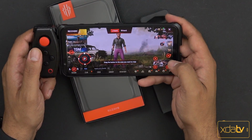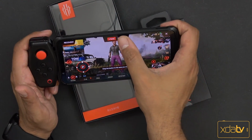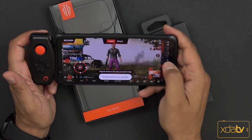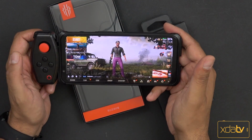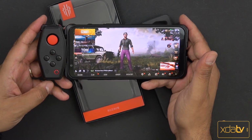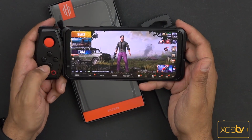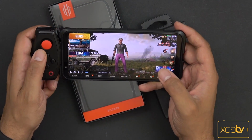Ideally, you're going to do this obviously when you're using the game itself, when you're in the gameplay, not in the waiting area. We can also customize it between right hand and left hand. And of course, once you're done, you'll just go ahead and hit the X, and then now all the buttons have been configured and are ready to use. Keep in mind, 2 buttons on the top, 2 buttons on the bottom. Of course, the joystick as well as the actual directional options. So that's 1, 2, 3, 4, 5, 6, 7, 8 customizable buttons to help you have a much better gaming